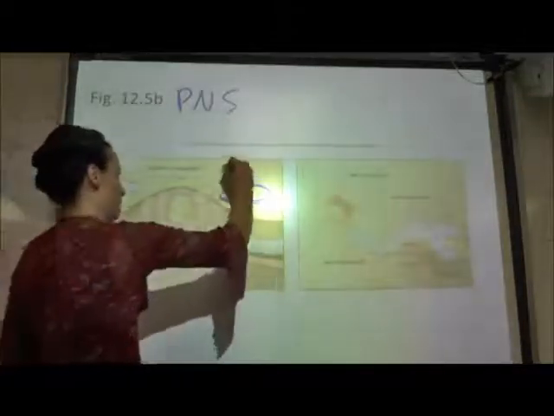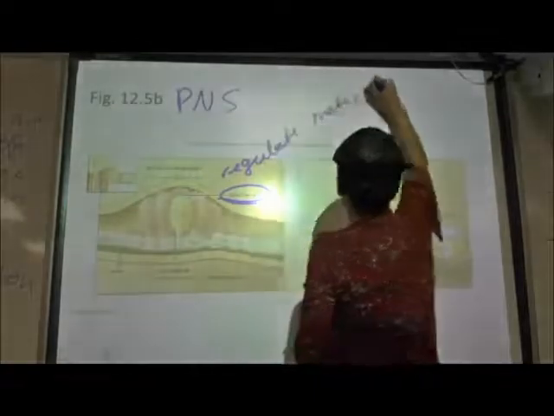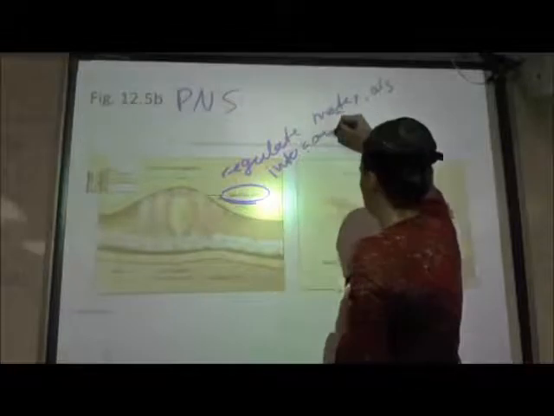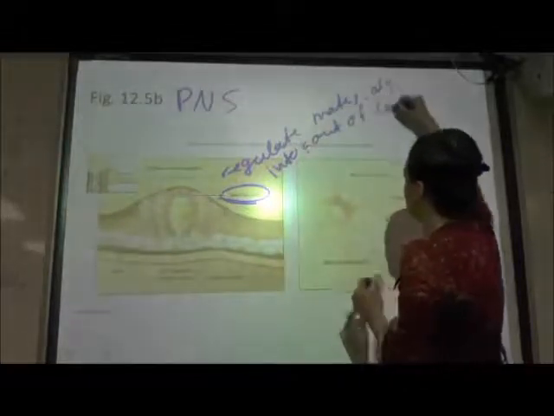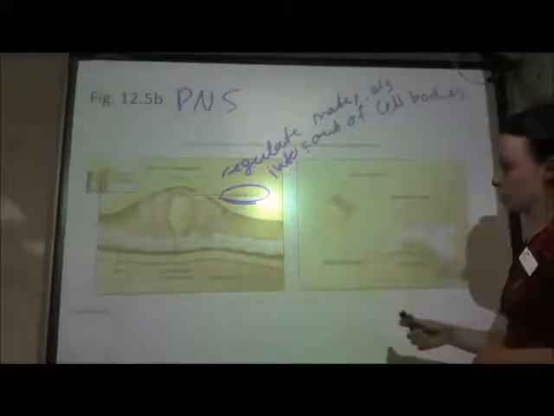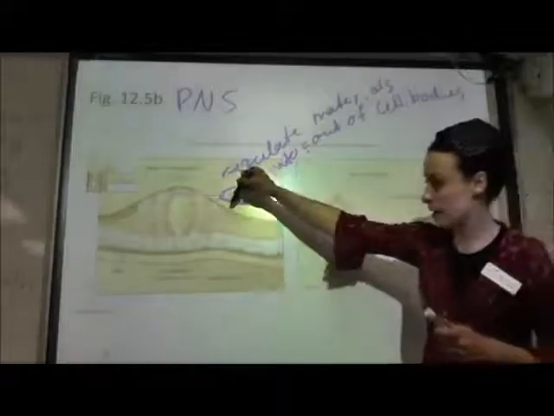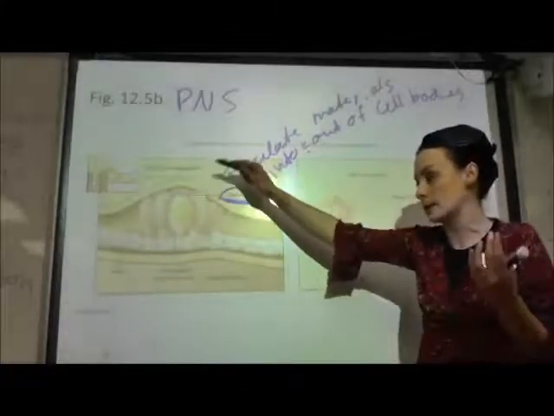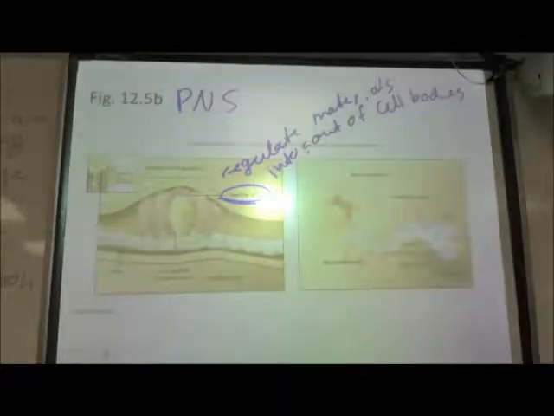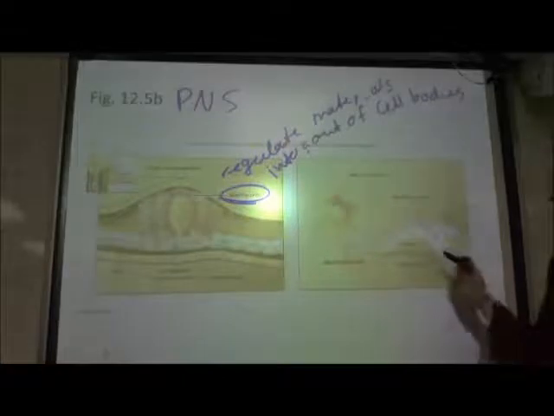So they regulate materials coming into and out of the cell bodies in our peripheral neurons. They're forming this barrier around the soma so that nothing can just get from that extracellular fluid in without passing through them. And then the other type of glial cell in the peripheral nervous system is the cell that